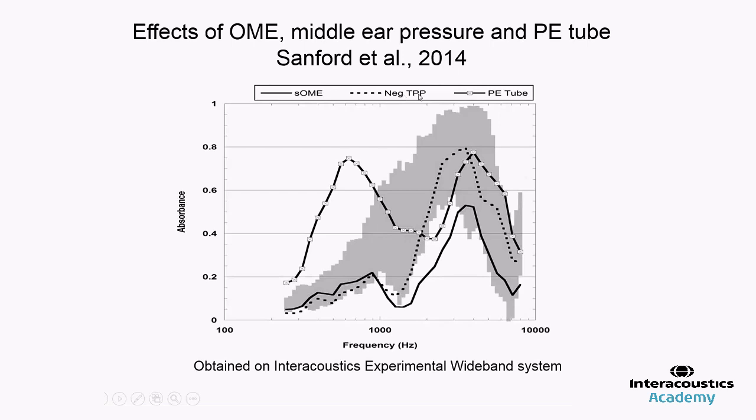The ear with negative peak pressure is a little bit lower, but not as dramatically low as the ear with otitis media with effusion. But the ear with a PE tube acts completely differently. We have normal absorbance through the high frequency range, and then we've got abnormally high absorbance in the very low frequency ranges. And so these big undulating peaks are very common with open and patent PE tubes or an eardrum perforation. So getting a sense of what these patterns look like is really helpful if you're trying to interpret results